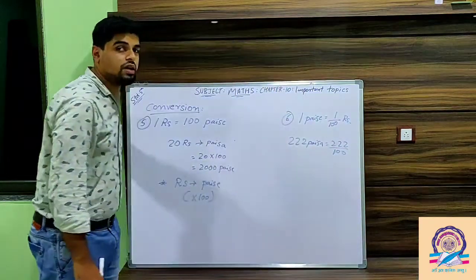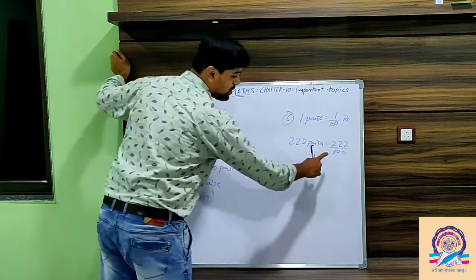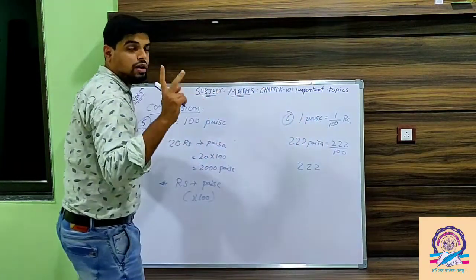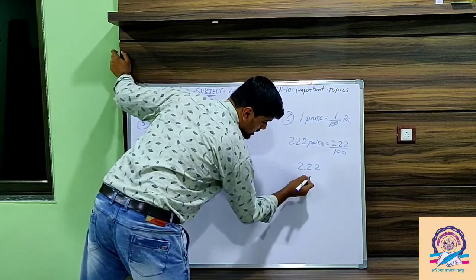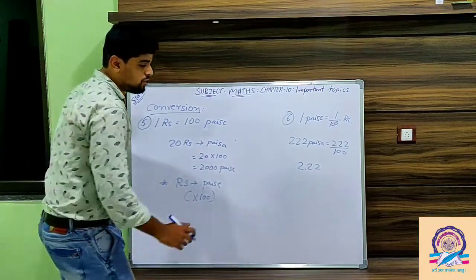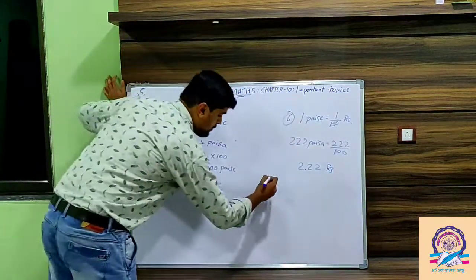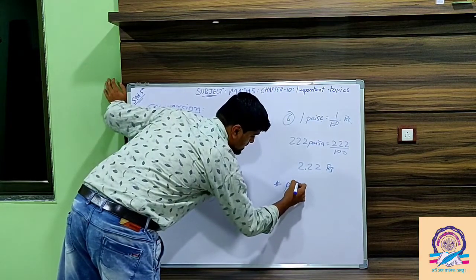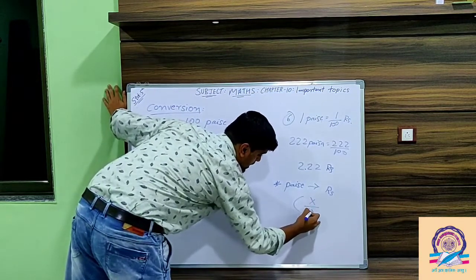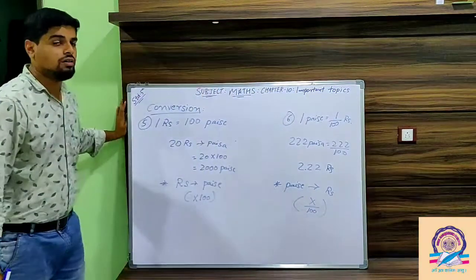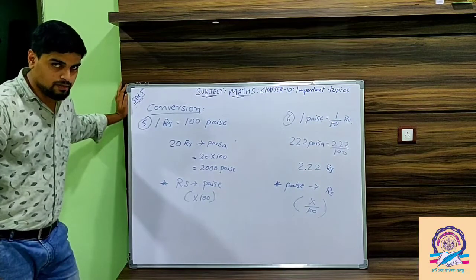Again, we have to follow our rule. We write the numerator as it is, 2. We count the number of 0s, 2 are there. That means we have to put the decimal point before 2 digits, 1 and 2. Here our decimal point will be present. So 0.02 rupees is our answer. So here the formula will be, for paise to rupees, we have to divide by 100. Is it clear? We divide the given paise by 100, so we will get our answer.